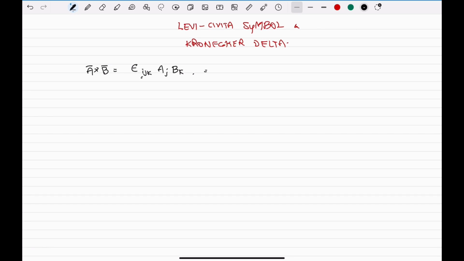Similarly, this can also be written as epsilon lmn am bn. This can also be written as epsilon pqr aq br. All these are equivalent. ijk are only numeral numbers. Even lmn is a numeral number, pqr is a numeral number. It's only a notation. And B cross A is equal to